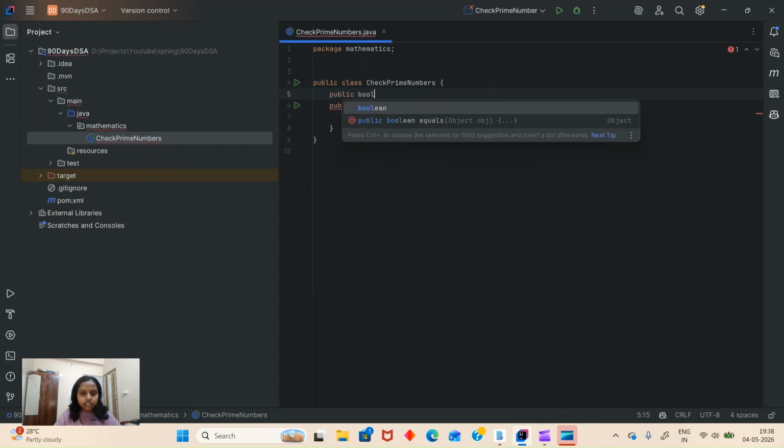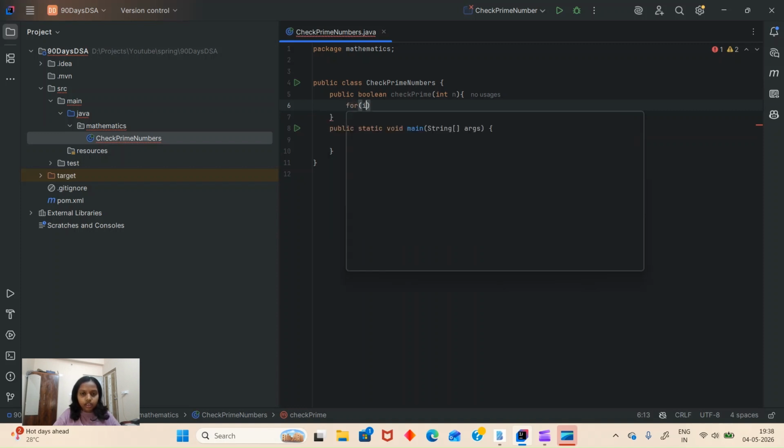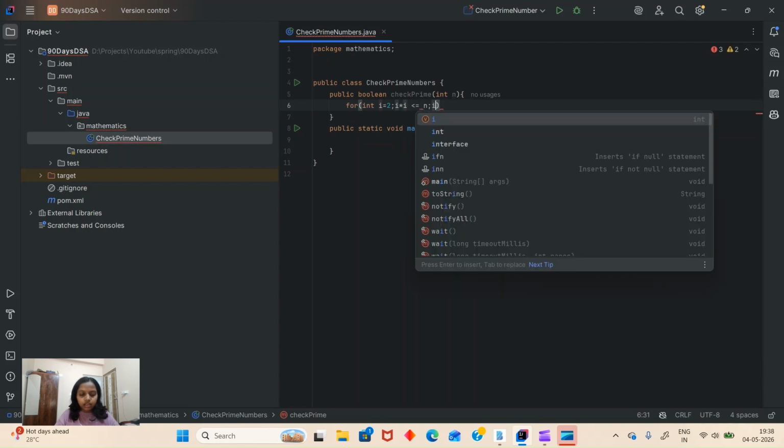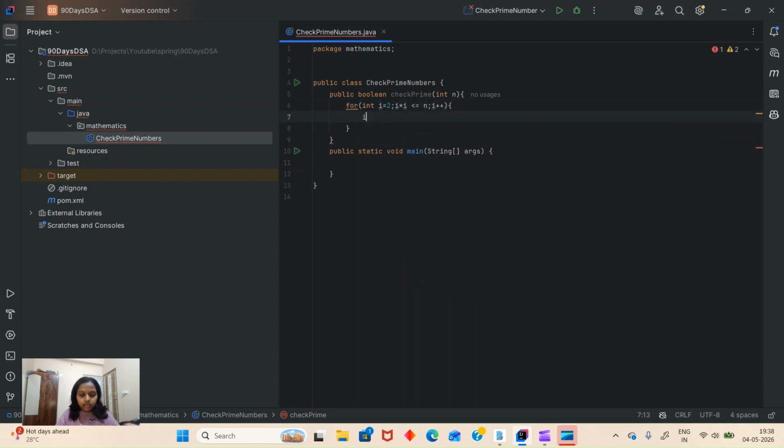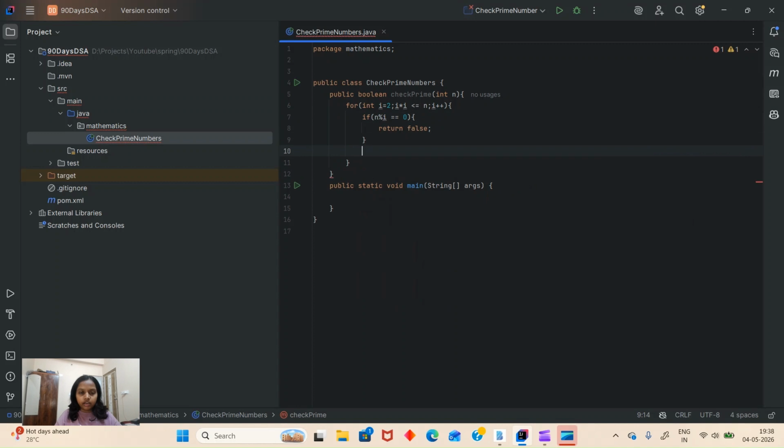Public boolean checkPrime, int n. So for int i is equal to 2, i into i less than or equal to n, i plus plus, and if n percent i is equal to 0, then we will return false, else we will return true.